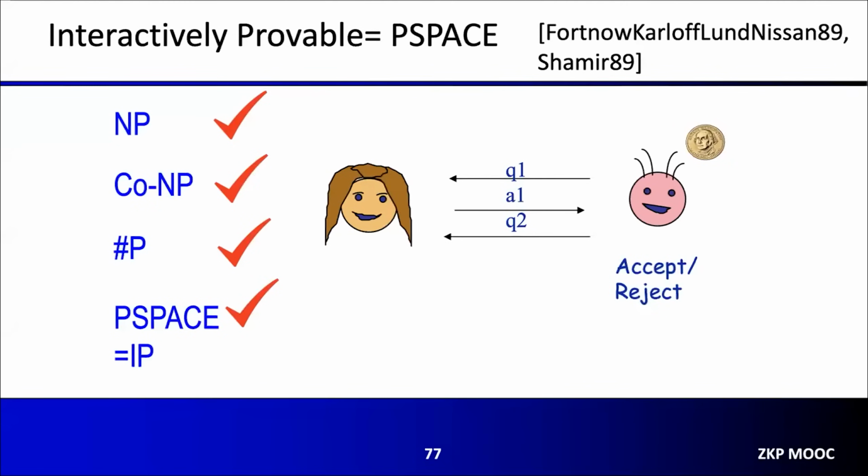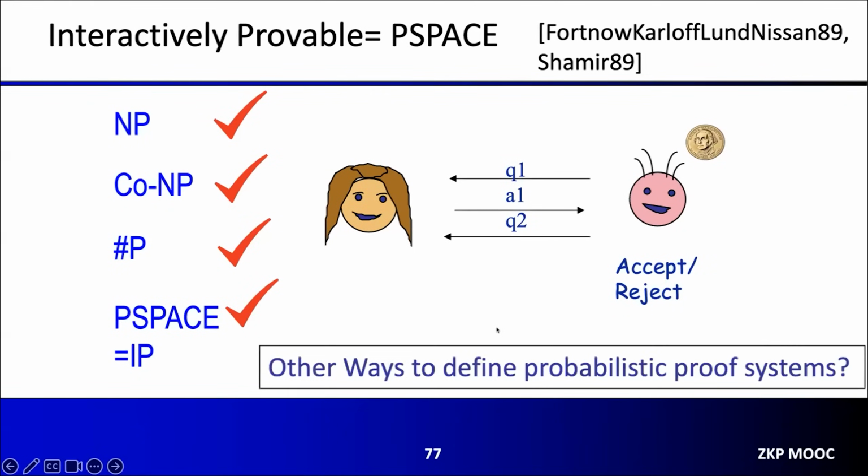So just by adding interaction and randomness, it has been shown in an amazing paper by Fortnow, Karloff, Lund, and Nisan, and then by Shamir, that you can convince a polynomial time probabilistic verifier, with a very powerful prover but a polynomial number of messages, that even statements in PSPACE can be proved using an interactive proof. Not only that, but